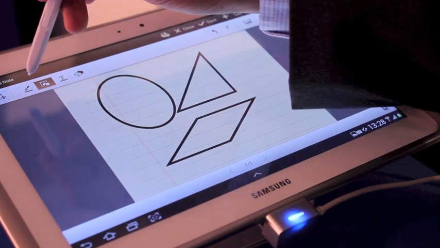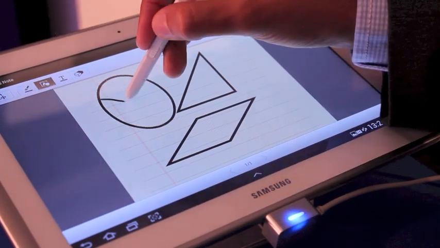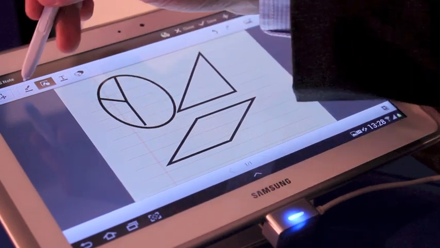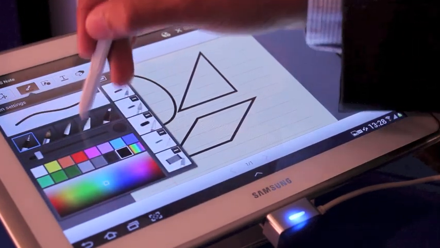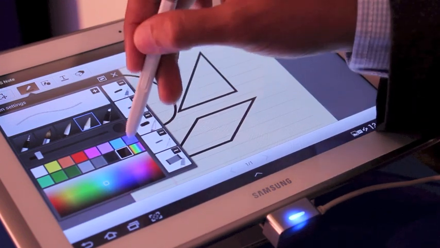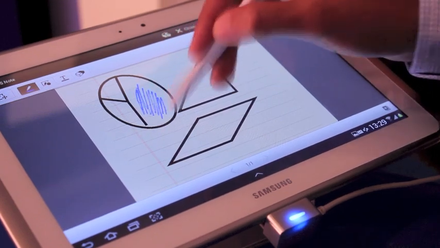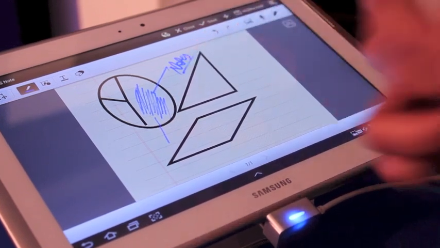Let's say I want to convert the circle into a pie chart. So, okay, I go to shape match again. I cut various pies. I cut another pie. I want to work on this further. I go to the S Pen and I say I want to select, let's say, a pencil, and I want a blue color, and then I can just highlight this part.